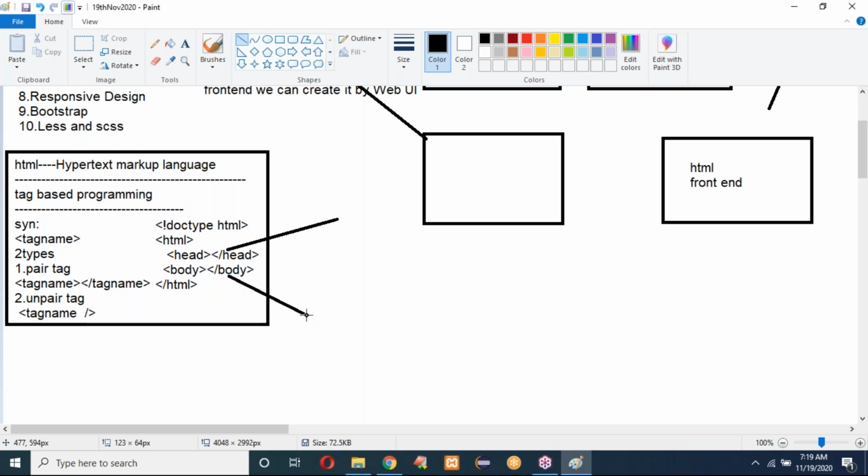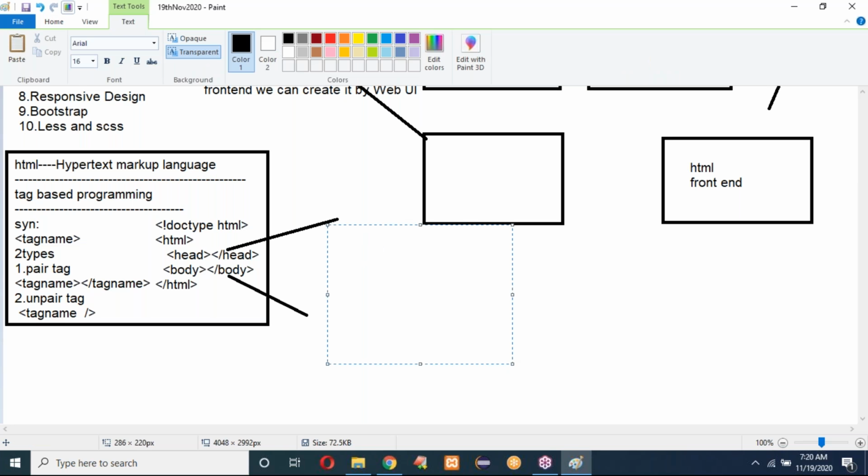Now, I don't want to go inside HTML. I want to give a brief explanation on each topic. What do we use it for? If we write CSS, what happens? If I write Bootstrap, what happens? If I write responsive code, what happens? That I'll explain. So inside the head section, we can write